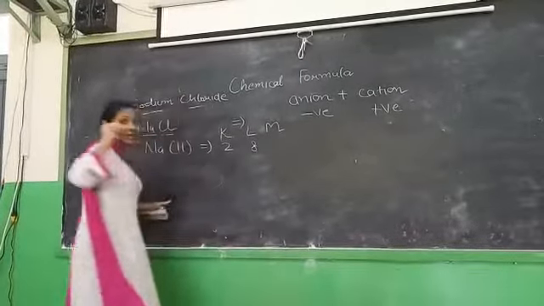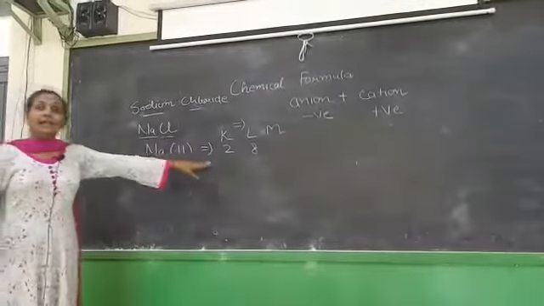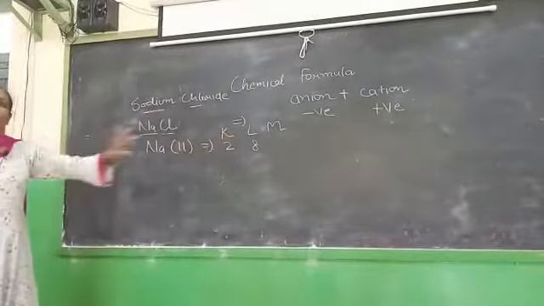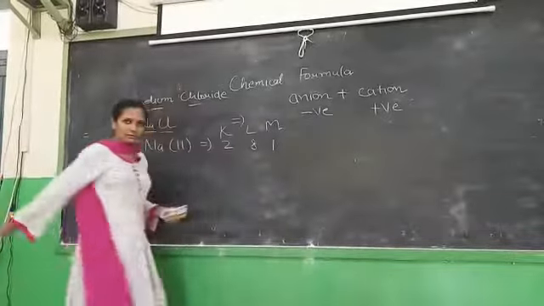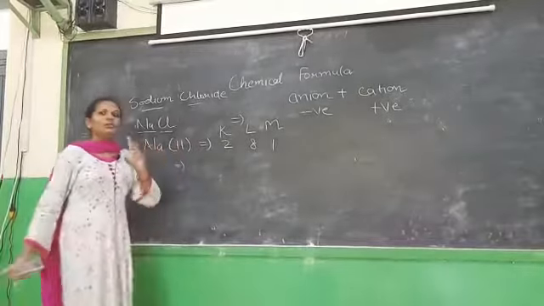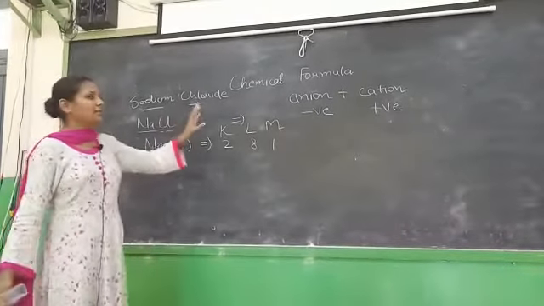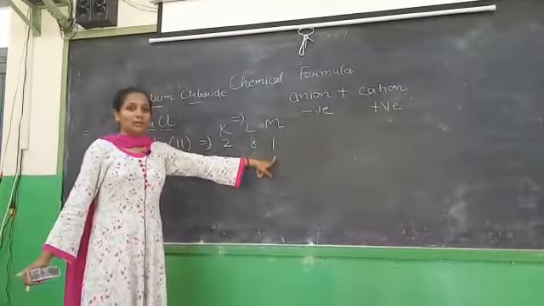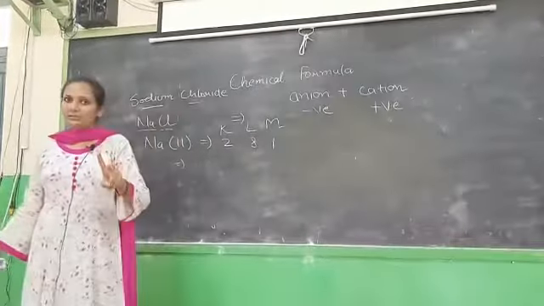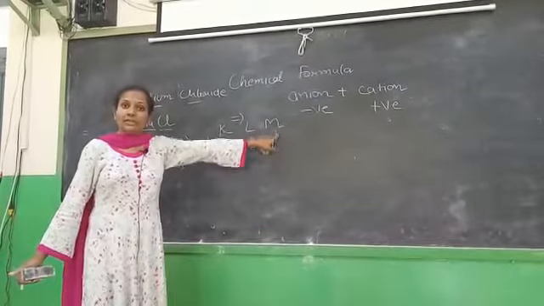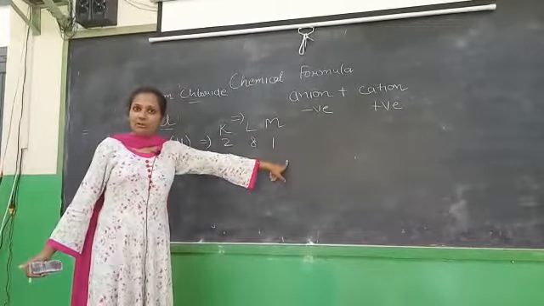I am expecting that you are already aware of how I am doing this, because in the previous section you have already done these things. So its atomic number is 11, so it's 2, 8, 1. This means that in order to attain stability, it can have a maximum of 8 electrons in the outermost shell, but it is having 1 electron. So now we have 2 possibilities. Either sodium can gain 7 electrons, then only it will have the maximum 8 electrons in the outermost shell, or